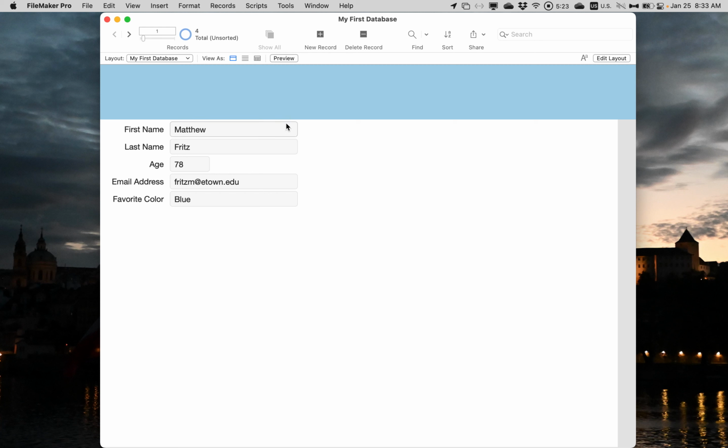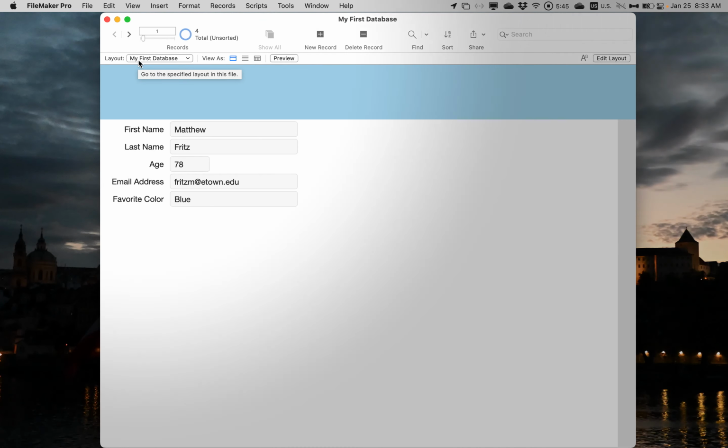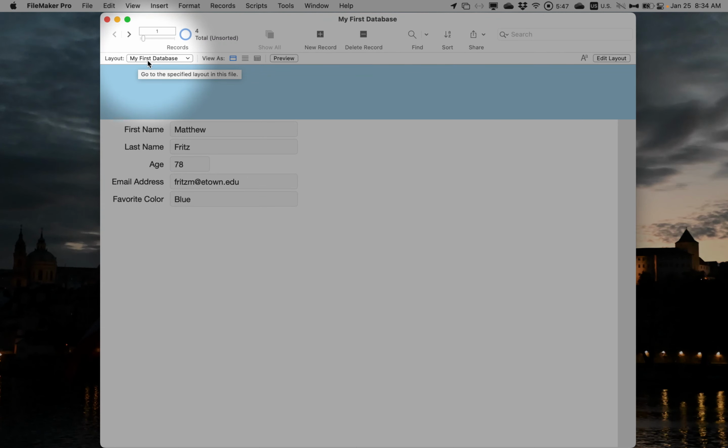So what we're going to do is create a new layout. In other words, a new way in which we can see the same information. You'll notice at the top of the page that we have this layout and an old colon, and it's showing you that the layout we're looking at is called My First Database, which really isn't all that descriptive for us. So first thing we're going to do is change the name of this